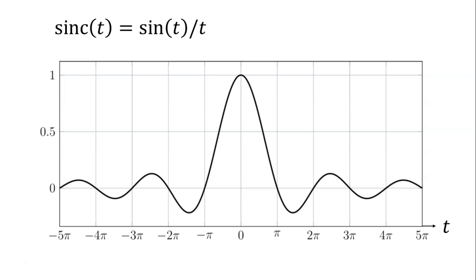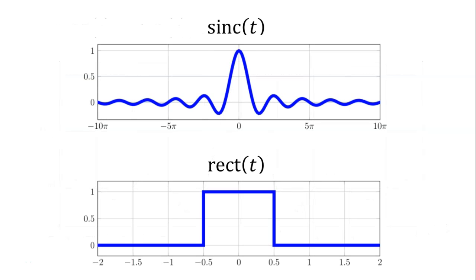You may be wondering, what's all the fuss about this sinc function anyway? What is it used for? This will become clear later when we study the Fourier transform. But for now, let's just say a rectangular pulse in the time domain is equivalent to a sinc pulse in the frequency domain, and vice versa. These two functions are equally important in our design of filters and in understanding the theory of digital to analog conversion.